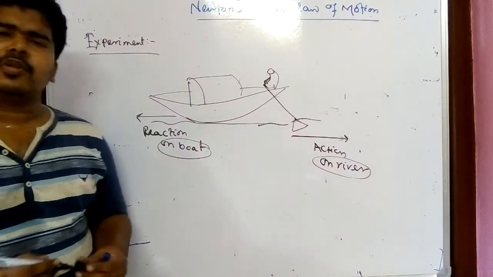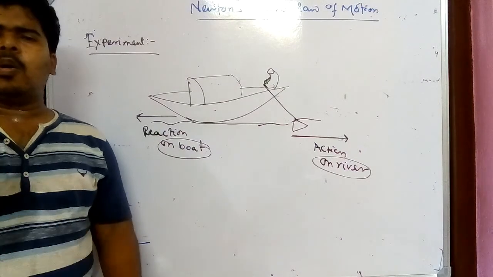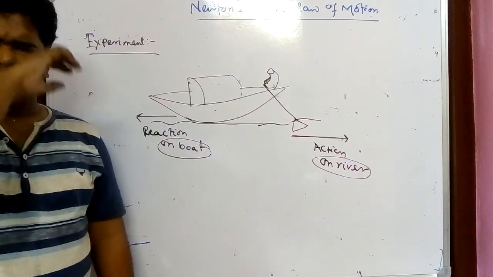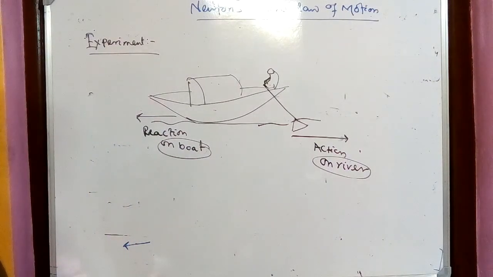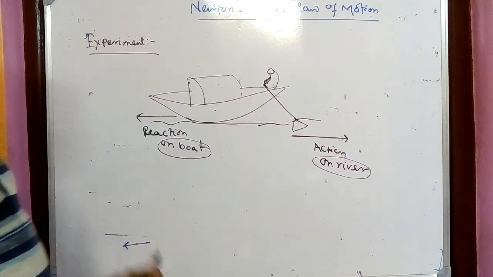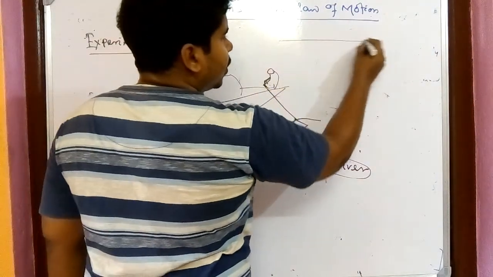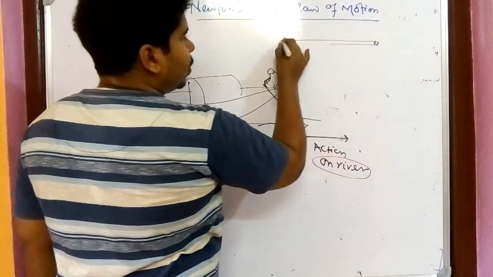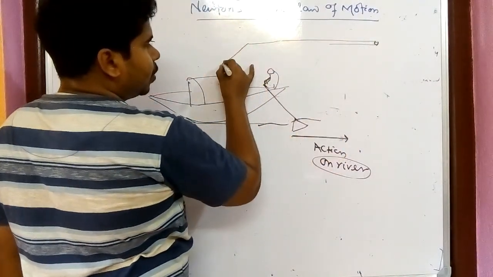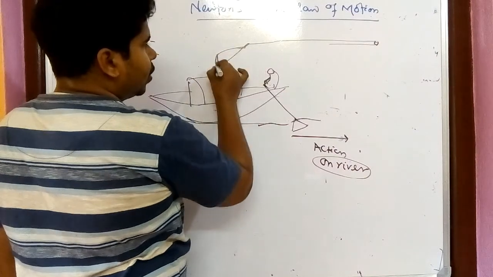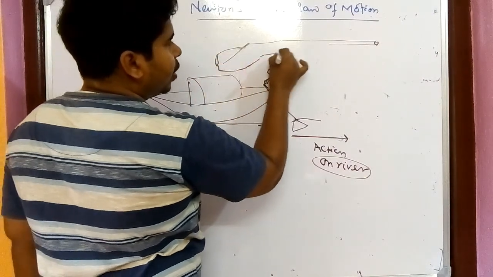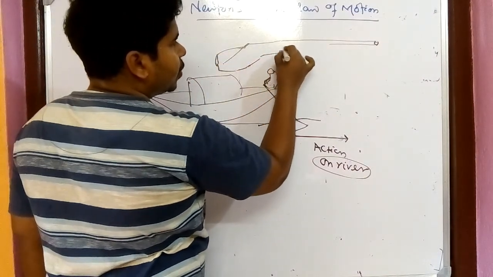So here also it is not applied on the same body. Apart from this there are also many more examples. If I'm talking about the gun, okay, if you fire a bullet, it is very difficult for me to draw a gun. So just assume,